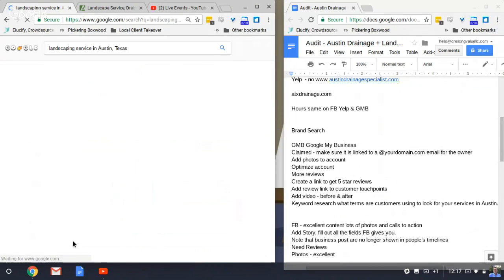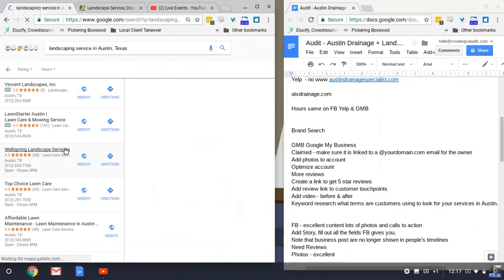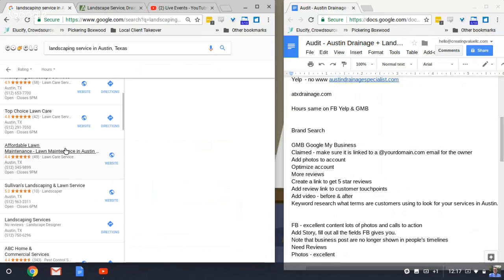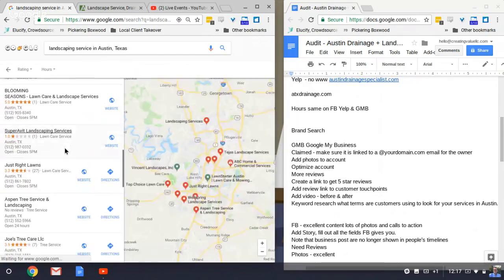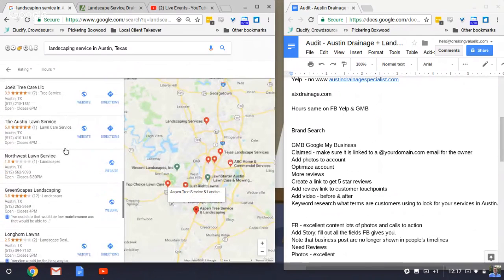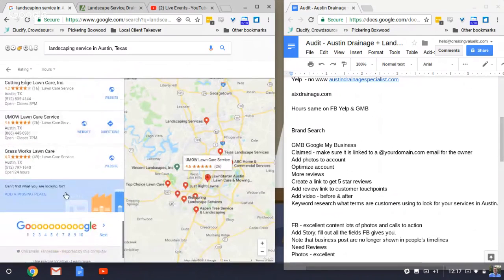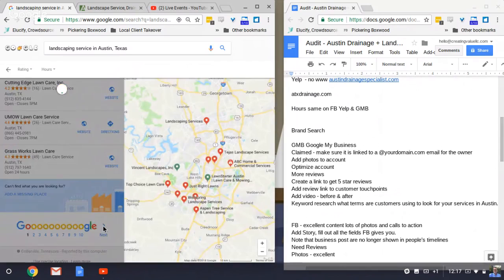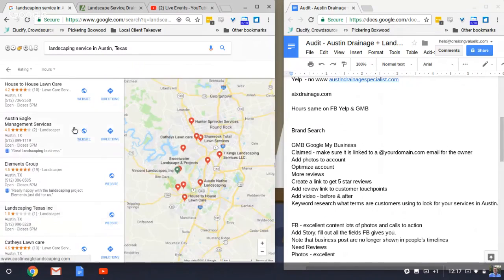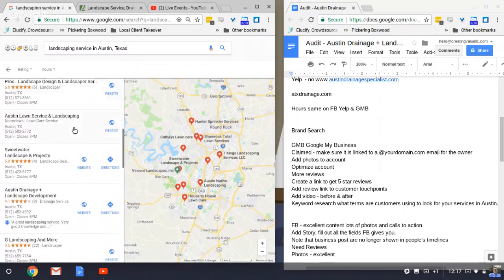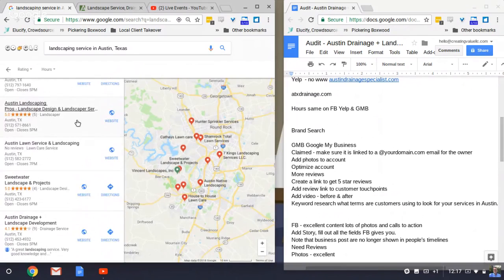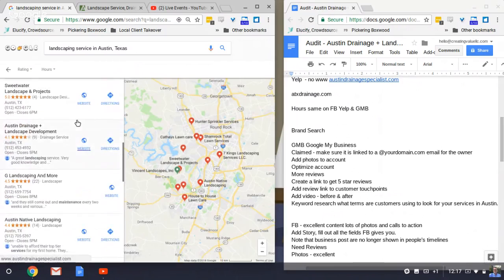Let's see landscaping service in Austin, Texas. If we click more places, let's see if you're close to popping in there. Landscaper, drainage service. Okay, so you're on the second page here of landscaping services in Austin, Texas.